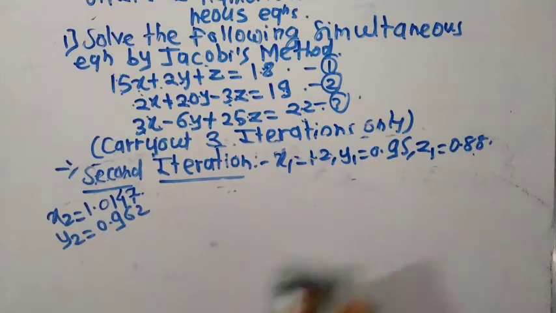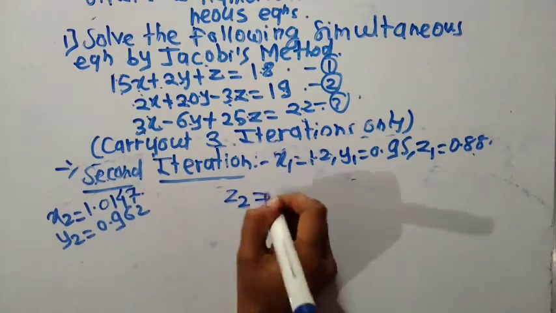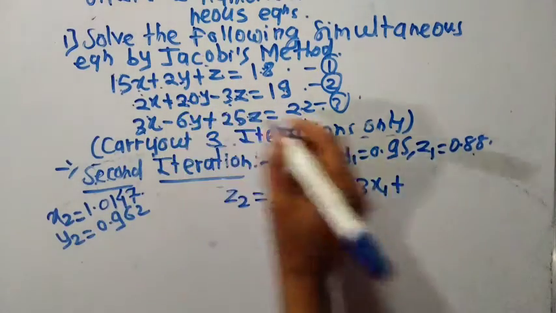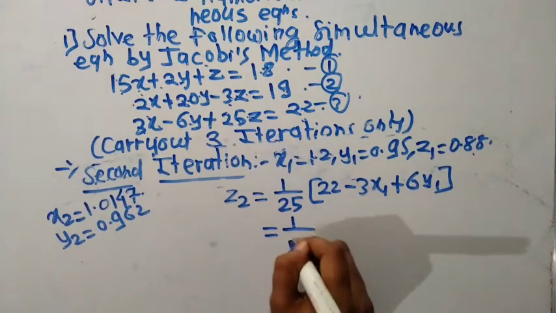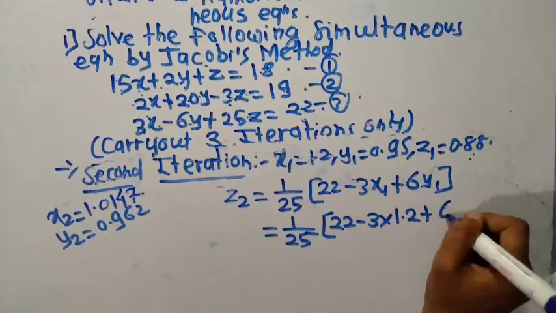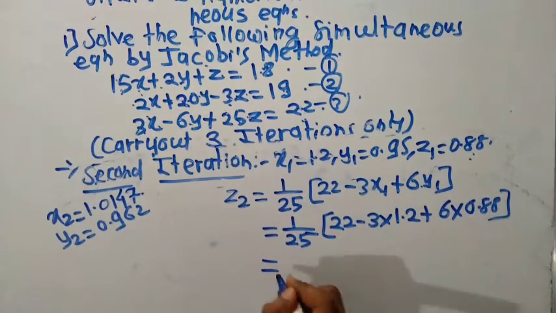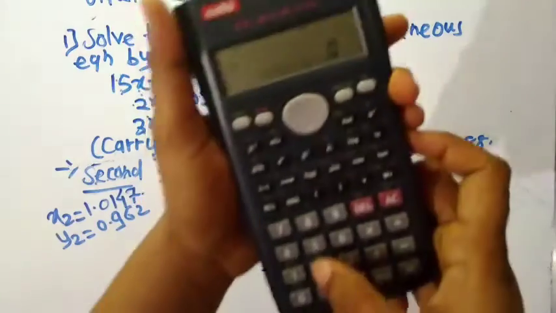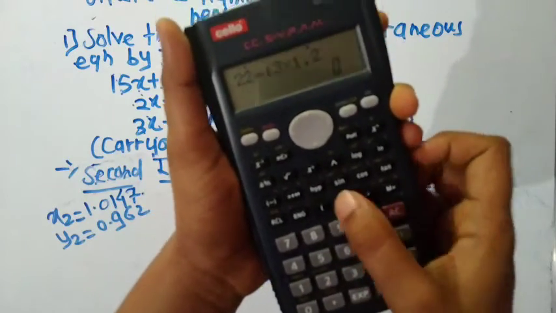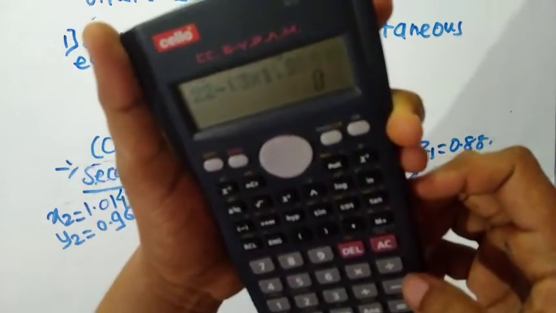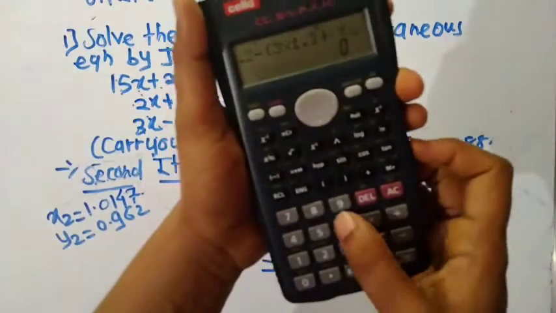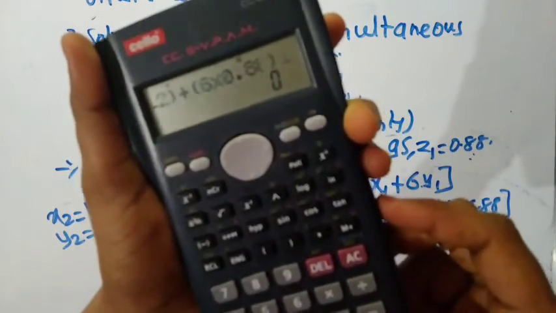Then find out z2. z2 is equal to 1 divided by 25, (22 minus 3x1 plus 6y1), which is equal to 1 divided by 25, (22 minus 3 into x1, which is 1.2, plus 6 into y1, which is 0.88). Which is equal to 22 minus in bracket 3 into 1.2 plus in bracket 6 into 0.88, which is equal to